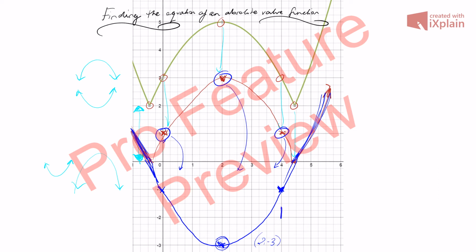So I'm going to call the blue function function number 1. You could also call this something like g of x to let your audience know that it's a different function to what you're going to get to in the end. The red function, I'm going to call that function number 2 because that's the second step that's happened. You could call that a different name like h of x. And the green function, the final function that we have, I'm going to call that function number 3, or f of x, the final function that we're going to be dealing with. Okay, so that just means that our audience can keep up with where we are as we solve each of